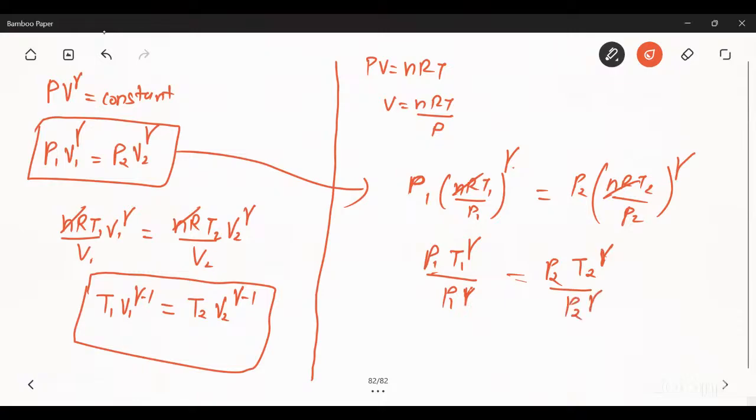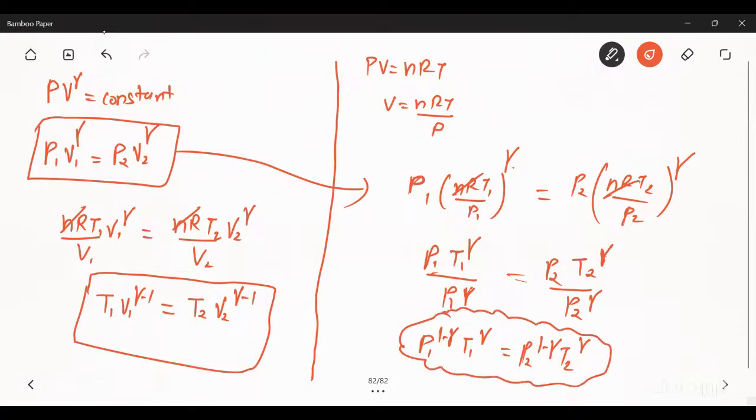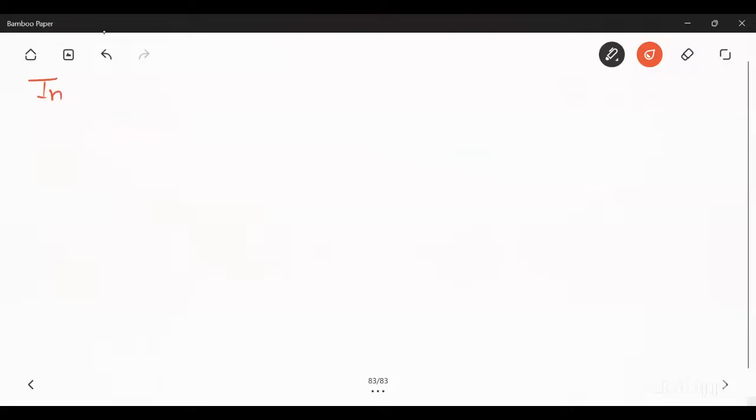P2 gamma, which is equal to P1 to the power 1 minus gamma, T1 gamma equal to P2 to the power 1 minus gamma, T2 gamma. So this is the condition of the adiabatic law, that P1 V1 gamma is equal to P2 V2 gamma, and T1 V1 gamma minus 1 is equal to T2 V2 gamma minus 1. So we conclude that in an adiabatic process,